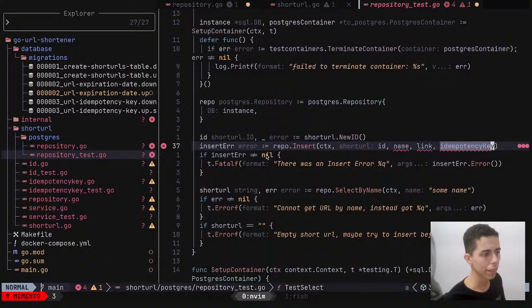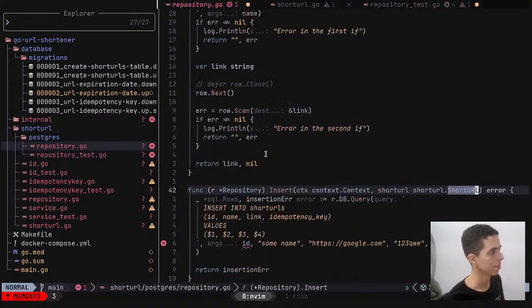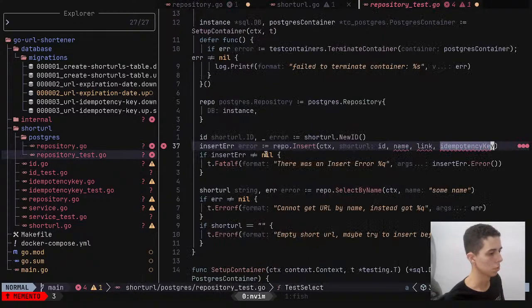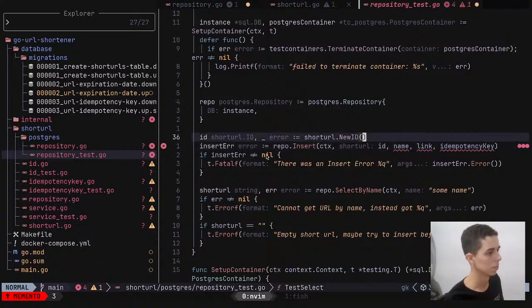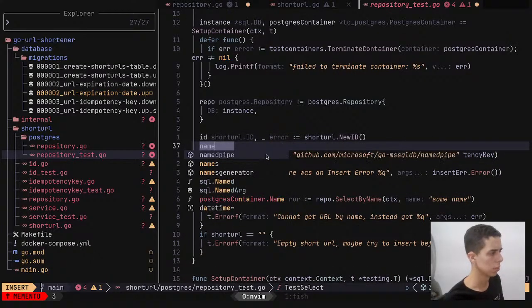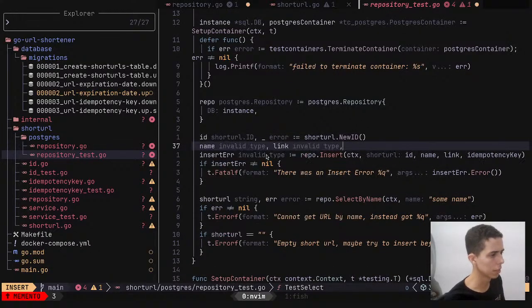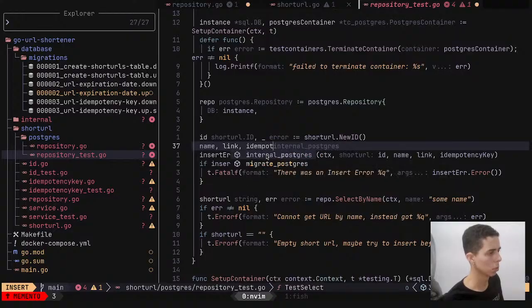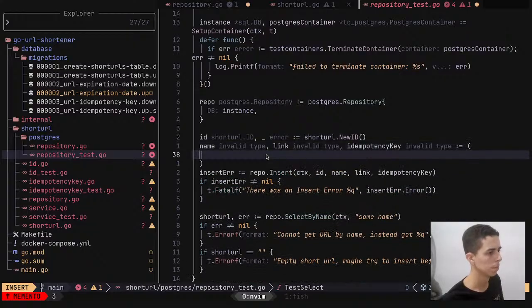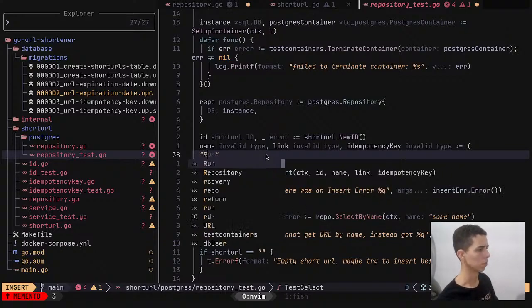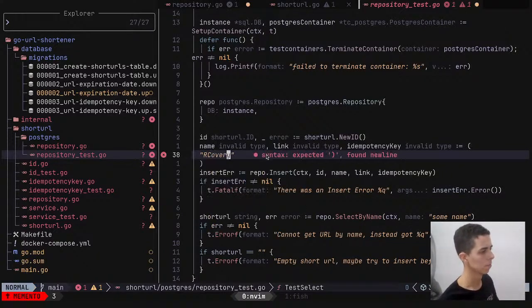I don't have anything on this, so great. Name, link, dependency key will be... I don't know if this is the right way to do this, but name, recovery link will be https